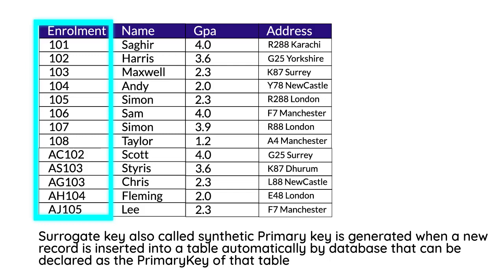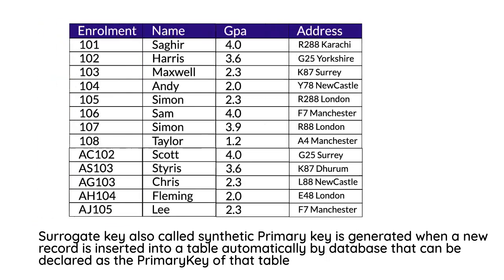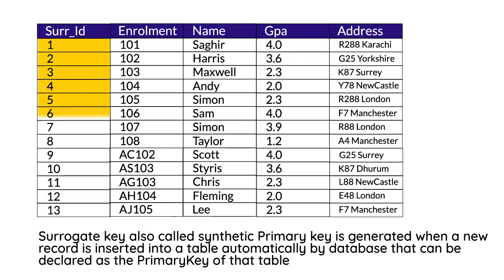Now we need the help of a surrogate primary key, which is automatically generated by the database. We need to request the database to generate the synthetic primary keys. Depending on our choice, we decide how the number should increment. Like in this case, we have asked the database to increment by 1 for each record, so that there is no similarity in that column. Now this first column has become the primary key, which is called a synthetic primary key. Synthetic or unnatural because it is generated by the database, it's not a part of that particular record.